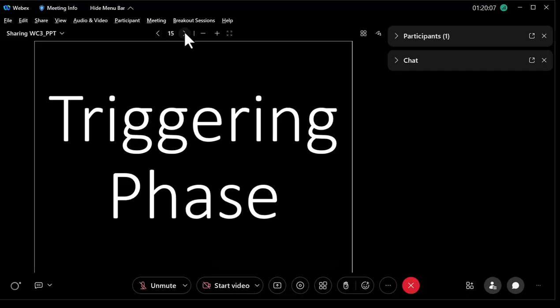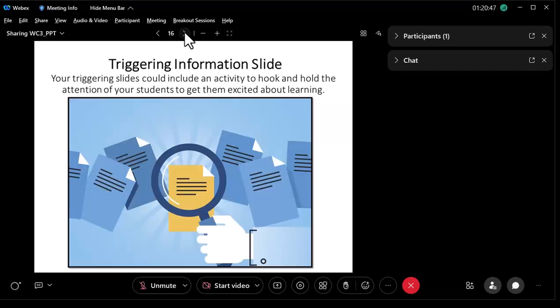Now, when the slide comes up, you can say triggering phase, but then be silent for 5 seconds. The reason you want to be silent is that at the end of the class, one of the assignments is that you will use TechSmith Camtasia to make a recording of this web conference, and you will be adding chapter markers. Just think about chapter headings, and you will be doing it for each phase, and it makes it easier to find those phases by seeing where on the audio levels there are those 5 seconds of silence. So it comes up, triggering phase, please be quiet for about 5 seconds and then go on.